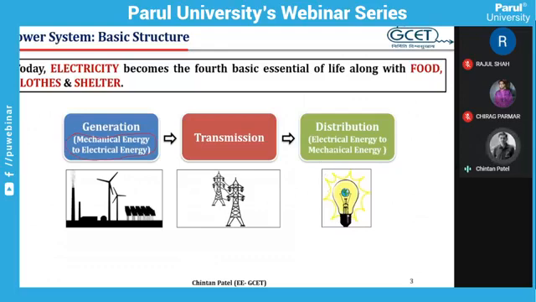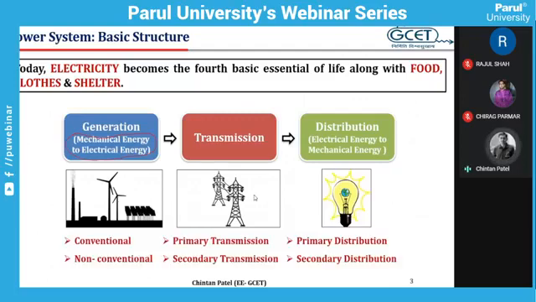So the question is, if we are converting the electrical energy back into mechanical energy, what is the need to generate electricity at the power plant? The answer is, it is very difficult to transmit mechanical energy over long distances, whereas electricity can be conveniently transmitted through thousands of kilometer long transmission lines if required. It is very easy to control and very efficient to transmit. That's why we convert the mechanical energy into electrical energy just for transmission purposes over long distances.